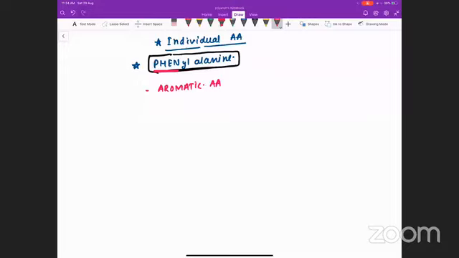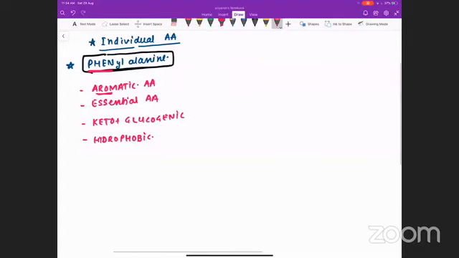PVT TIM HALL, MHP is there in the mnemonic, so it is an essential amino acid. It is keto plus glucogenic, because we have written that all the aromatic are keto plus gluco except histidine. It is a hydrophobic amino acid. It is water insoluble. So these are the few properties that we have already discussed about phenylalanine in the classification part.